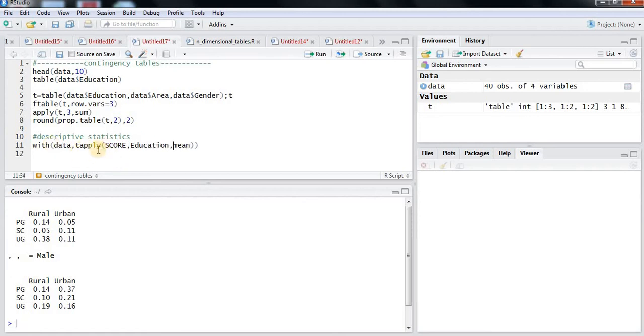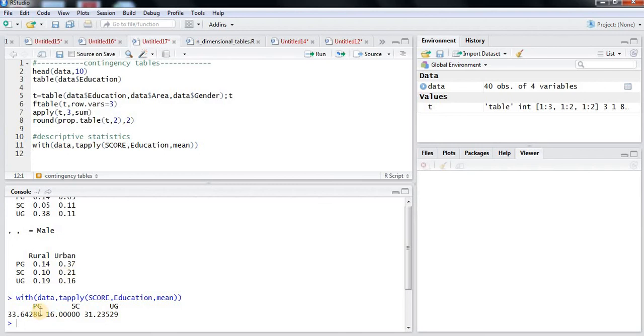So let's run this. See, the mean scores for PG are 33.64, for school it is 16, and for undergraduate students it is 31.23. Likewise we can get the mean education wise as well as gender wise and even area wise also.